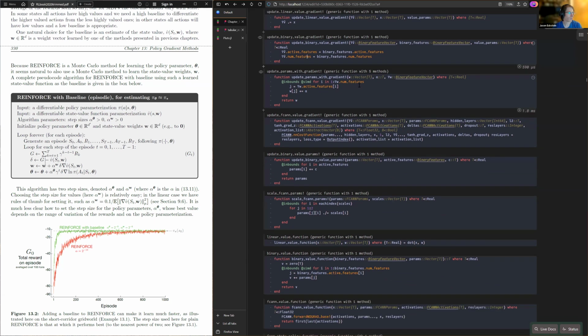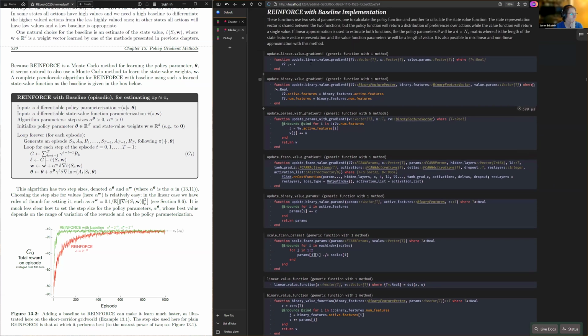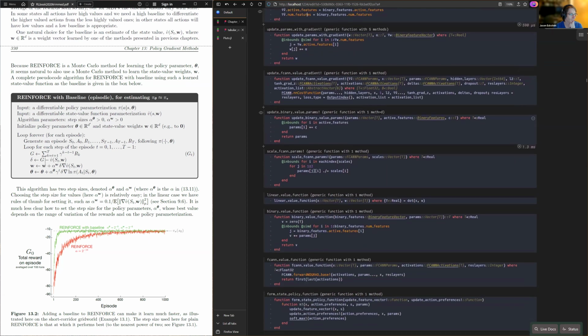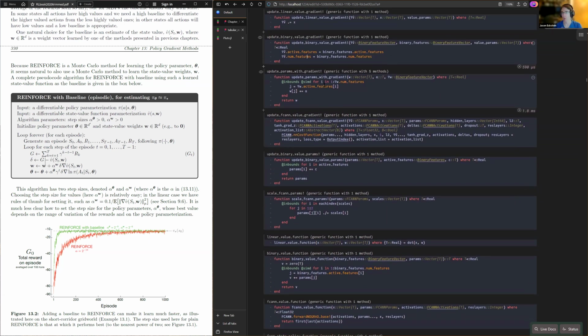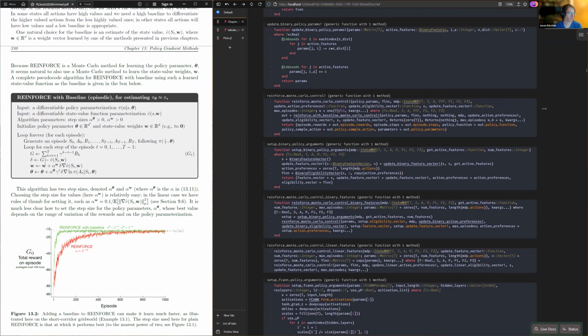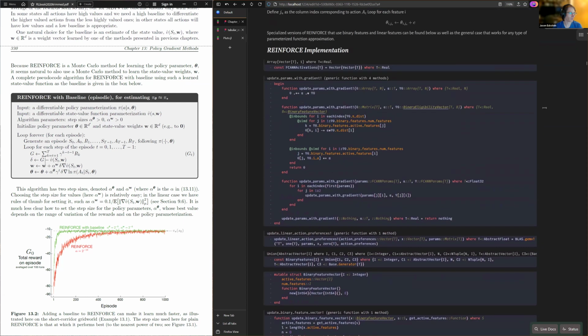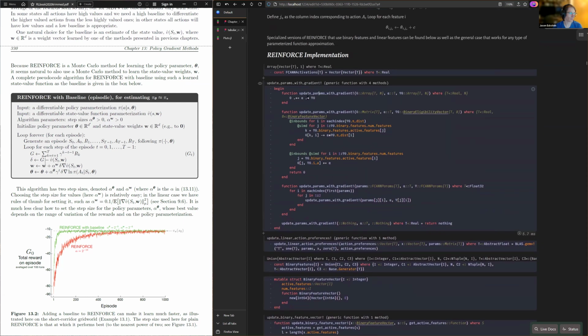Because when I go to update the parameters in the binary case, it's only going to go through the active features. Whereas normally when you do this update, it's actually just going to be the same as the one up here when I do this parameter update in the linear case where I'm just adding. You'll see when I have this update params with gradient, instead of the eligibility vector